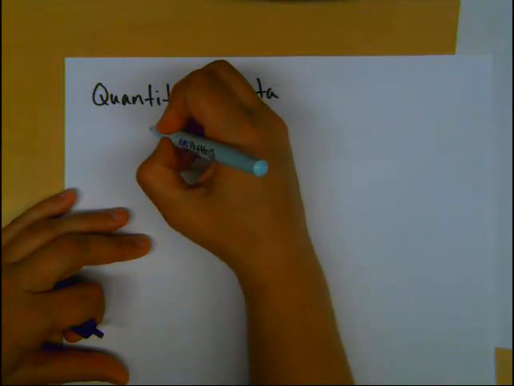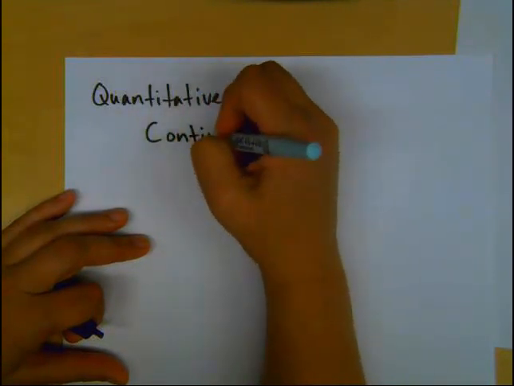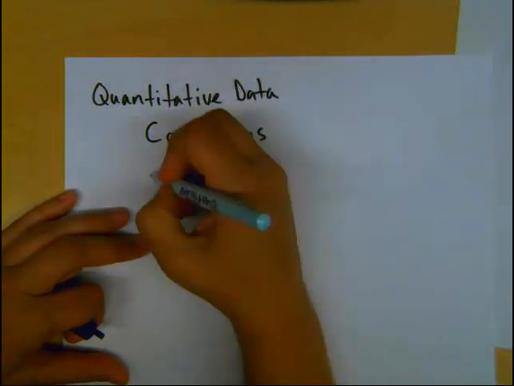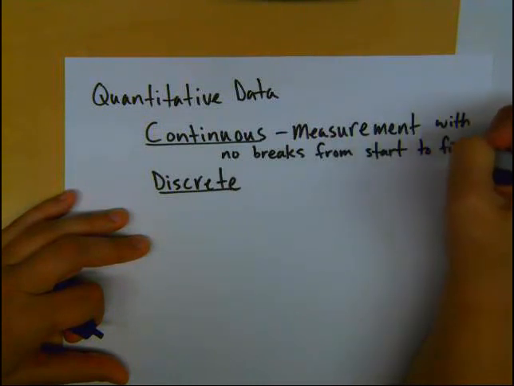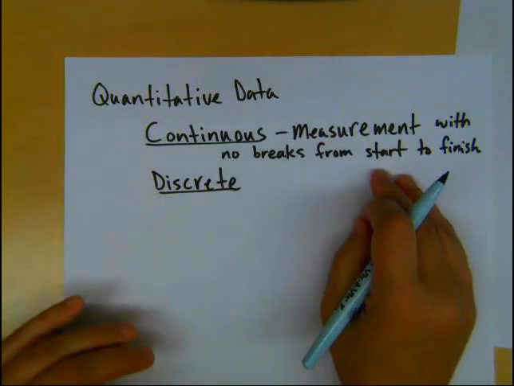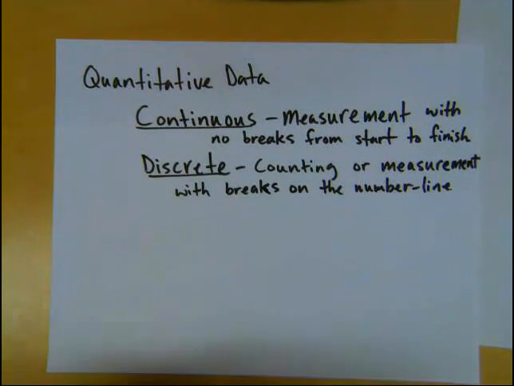Quantitative data can also be broken out into what we call continuous and discrete. Continuous is a measurement with no breaks from start to finish. The counting is kind of thinking of the discrete value. So you have some type of break on your number line between each one. And thinking to myself, a lot of times these are hard because we're very used to answering questions as